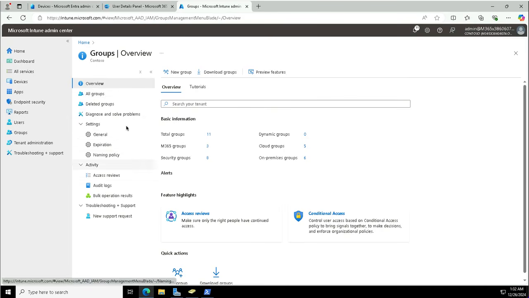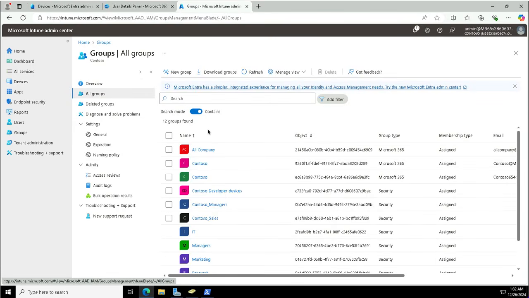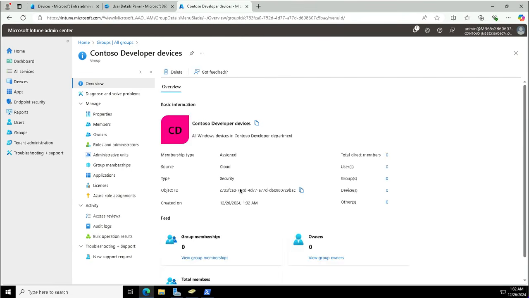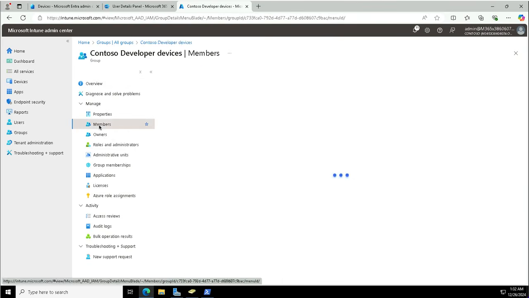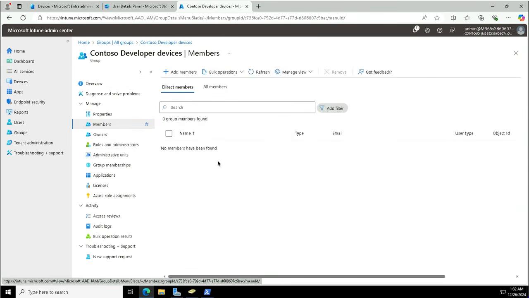Well, this group is created. I can go to all groups and add a device to this group. I can see this group here, Contoso Developer Devices. I will open the group and add the members to this because the group membership was assigned. Later I will show you the dynamic group membership for the devices, how we can add the devices dynamically to a particular group. I will click on add members and